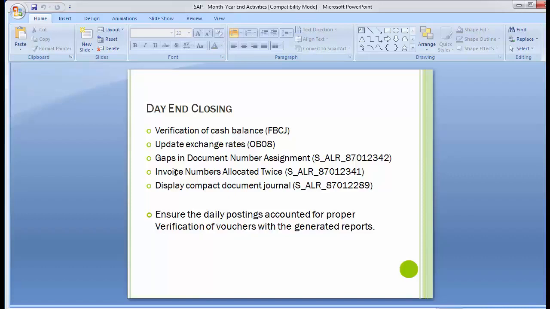And the last activity, which could be one of the activities in day-end closing, is display compact document journal. Now what happens is, we post numerous transactions in a day in the SAP system. At the end of the day, the company wants to have a print or a report to know what are the different transactions posted in the system for that particular day